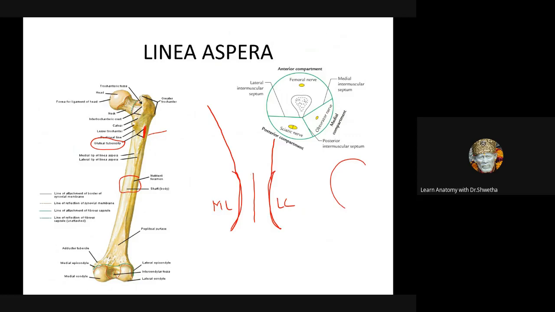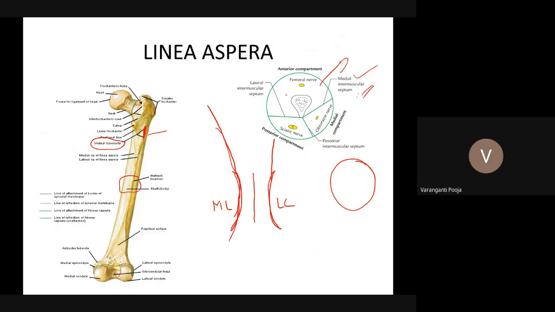Students, see here, in the last class I said, if you take a cut section of your thigh, there are several intermuscular septa. What are they? Nothing but the deep fascia. Deep fascia enters and attaches to the bone, dividing the thigh into several compartments. These intermuscular septa are also attached to the linea aspera. It's an MCQ question. Please pay attention. To the medial lip, obviously, the medial intermuscular septum will be attached. To the entire medial lip, which septum is attached, students?